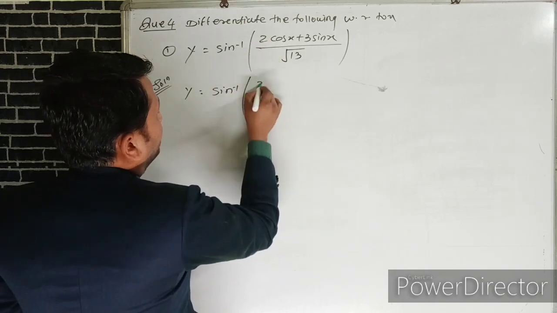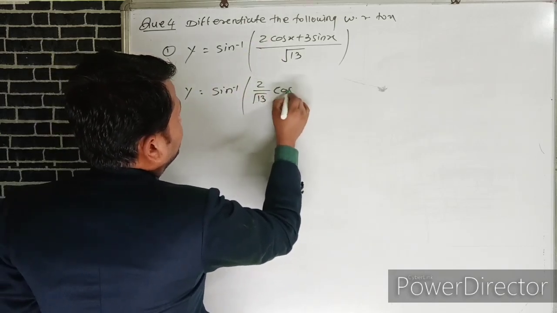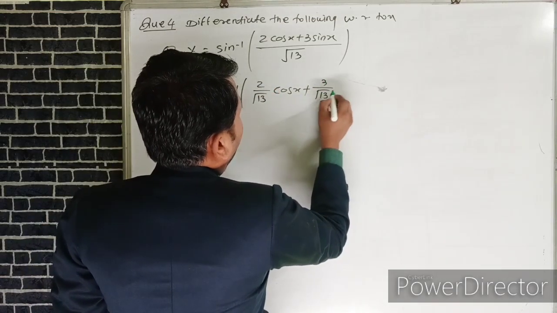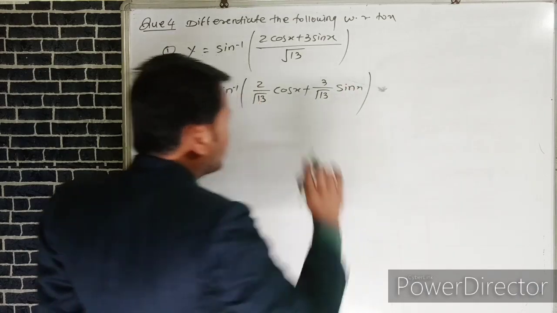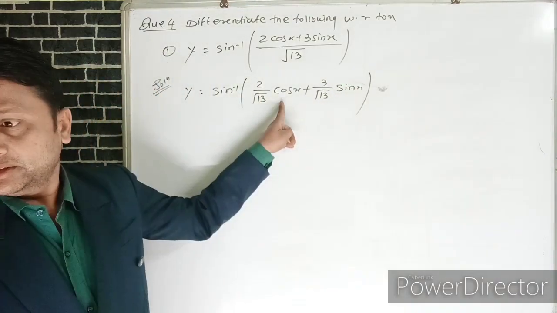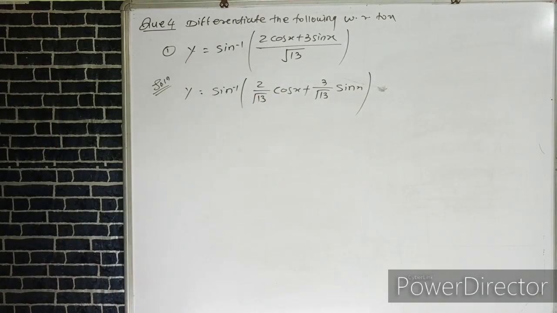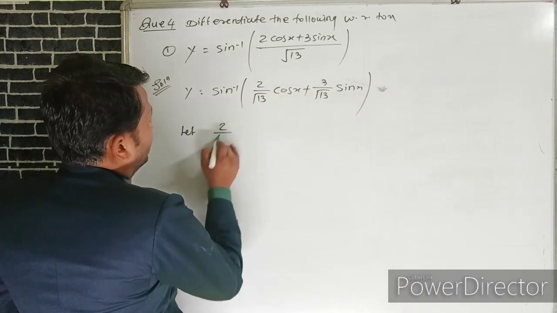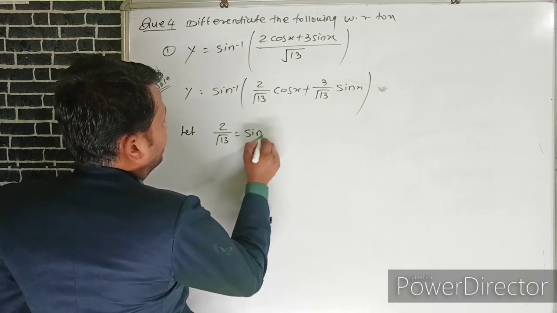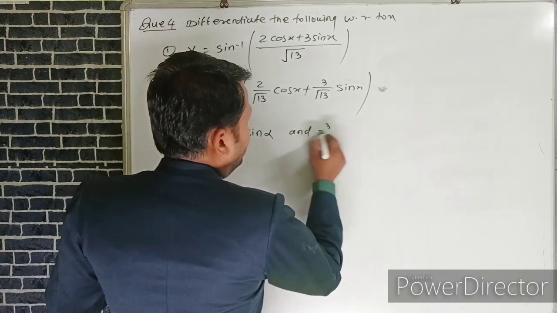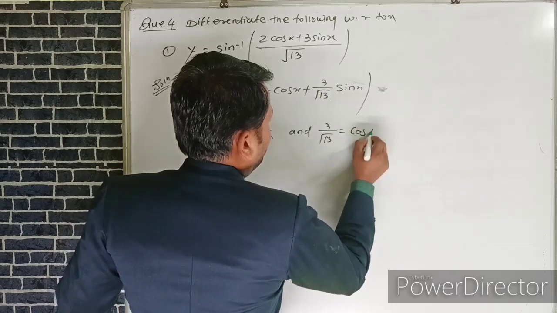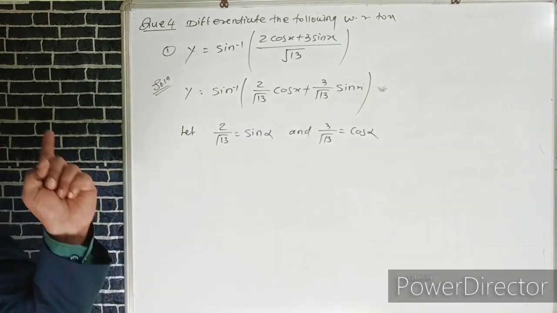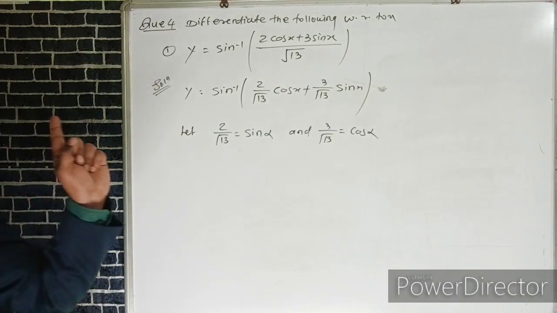2 upon under root 13 into cos x plus 3 upon under root 13 into sin x. First we consider these two terms, sin x and cos x. Let 2 upon under root 13 be equal to sin alpha, and 3 upon under root 13 be cos alpha. If you have to verify whether this term exists or not,